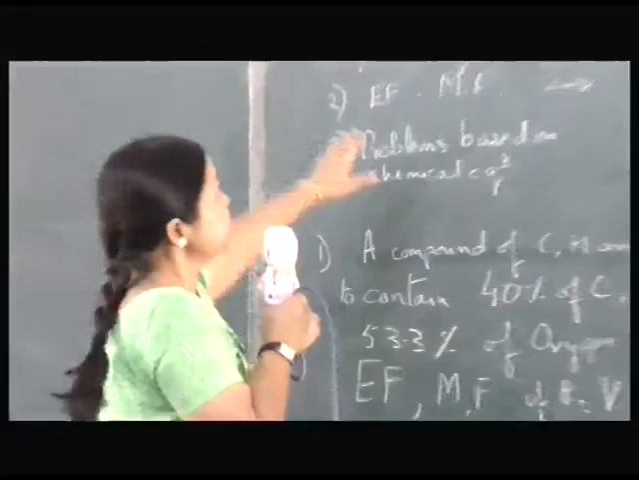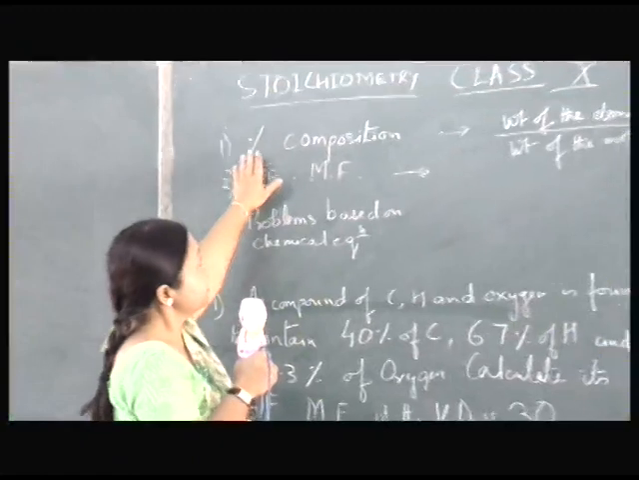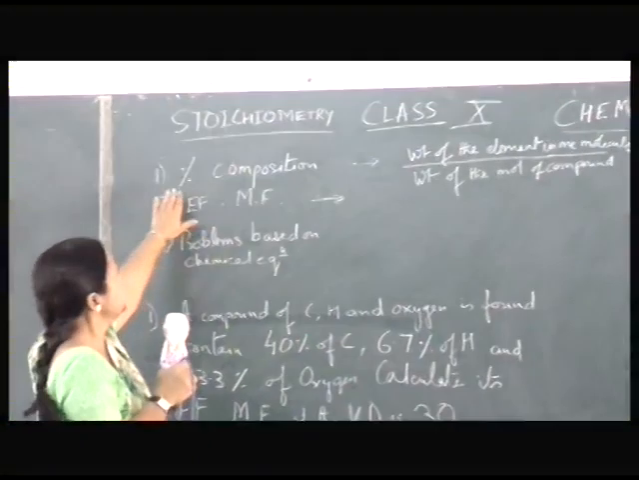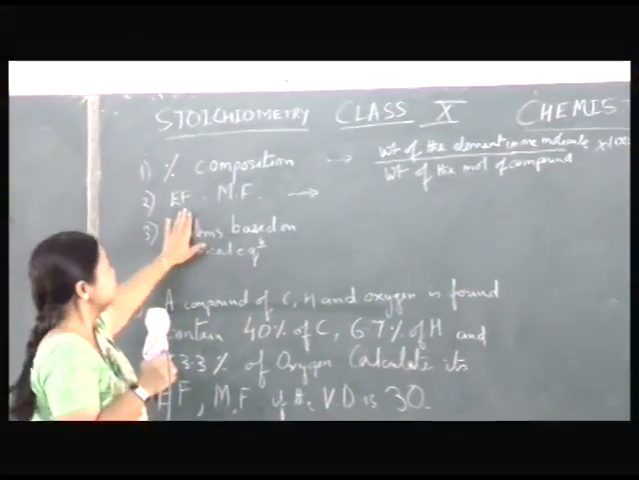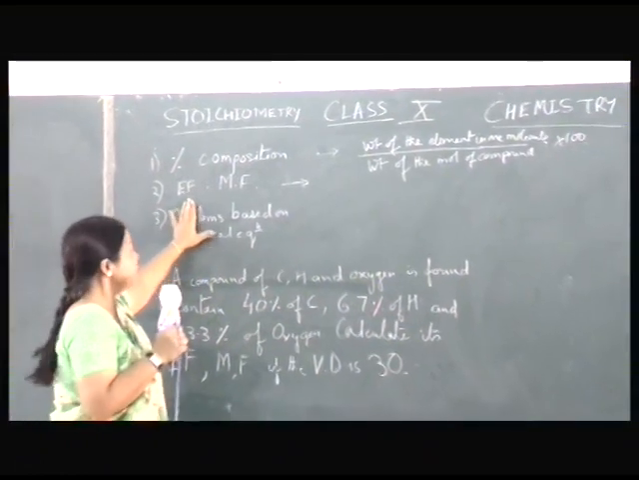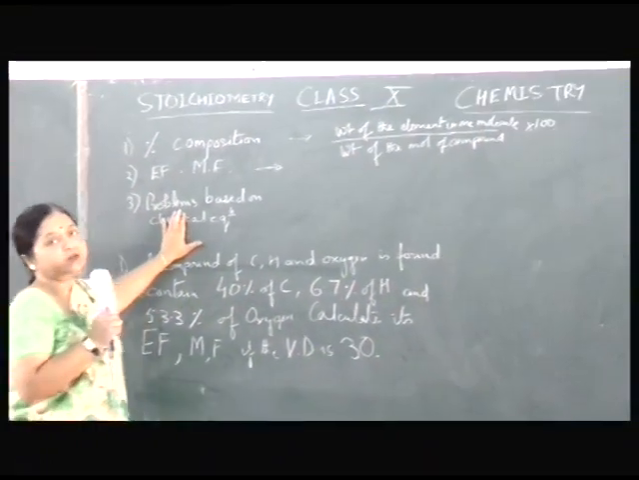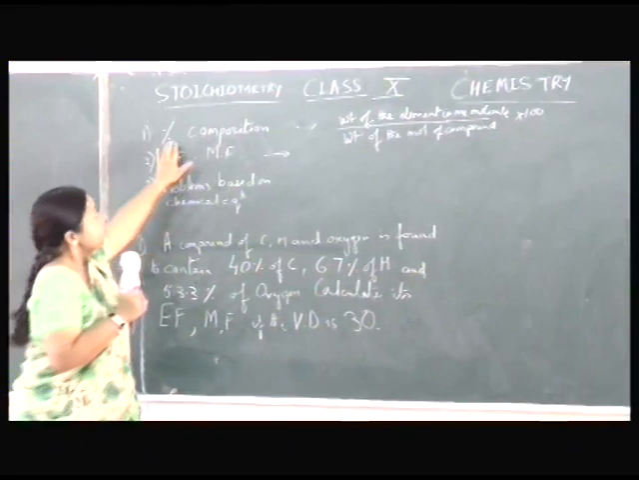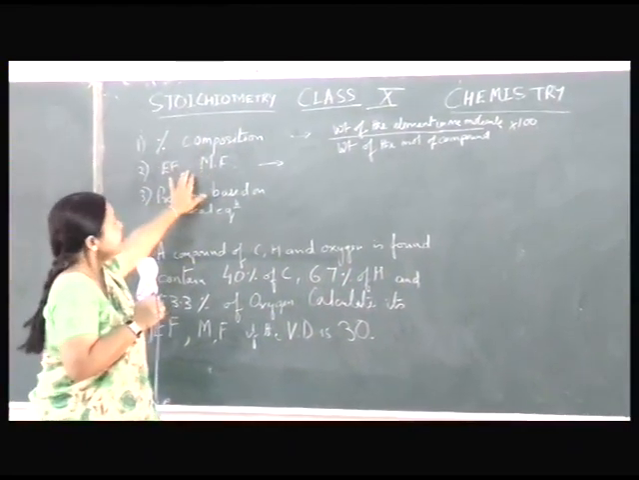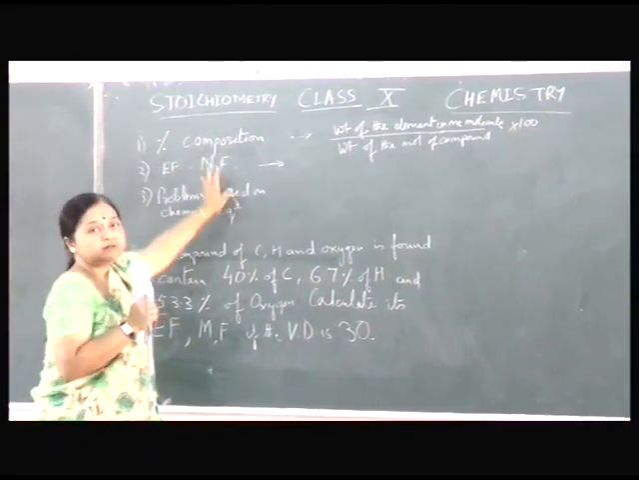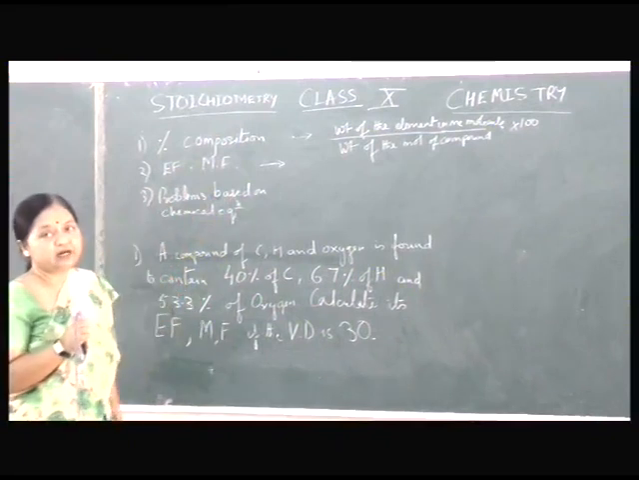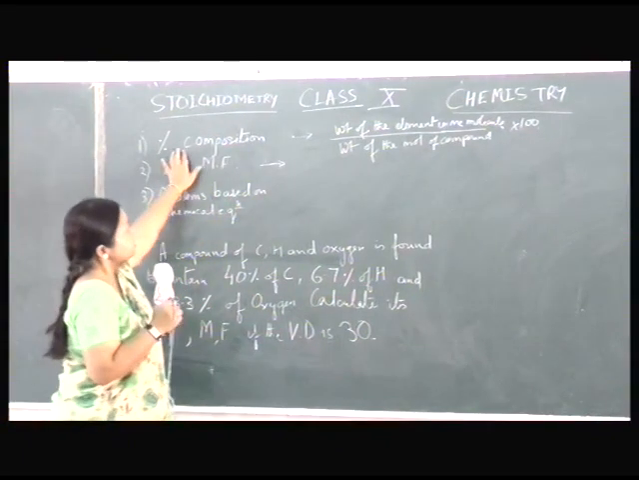The next topic is stoichiometry. In this we will do under three headings: percentage composition, empirical and molecular formula, and problems based on chemical equation. So percentage composition and empirical and molecular formula, the basis you have done in class 9. How is percentage composition